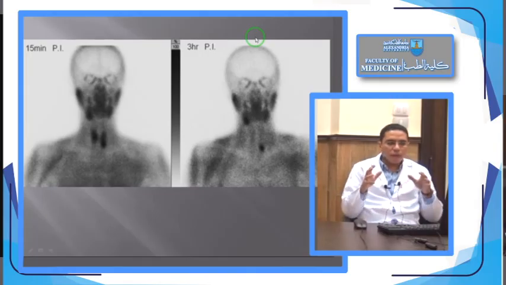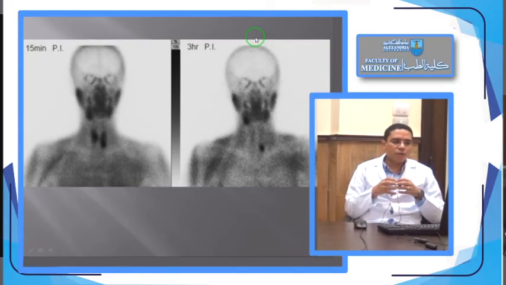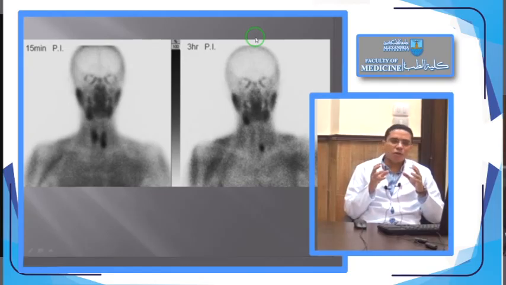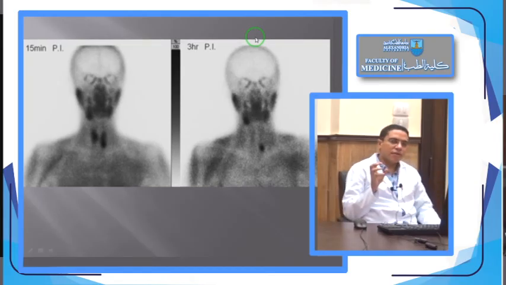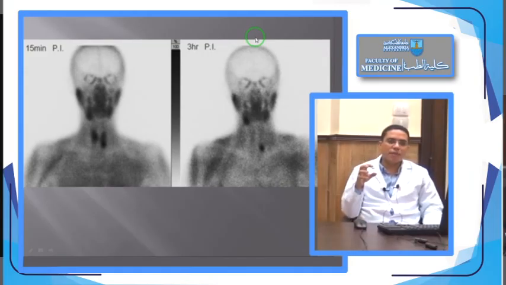So what is the idea behind this study? We have a protein called sestamibi, and it was found that when you give it to the patient, it loves the parathyroid glands, and it goes to the thyroid and the salivary glands. But they found that when there is a pathological, abnormal parathyroid gland, this sestamibi is concentrated at higher levels in this parathyroid gland, and usually the washout is delayed. It retains this sestamibi for a longer time.